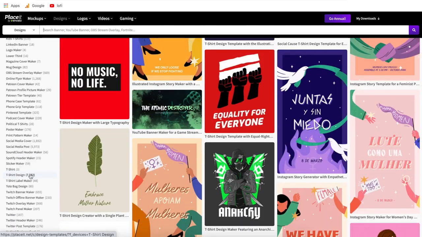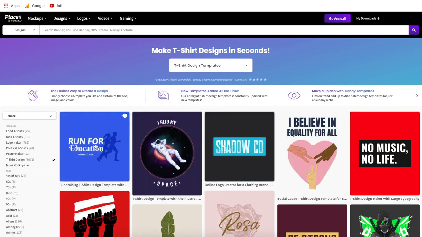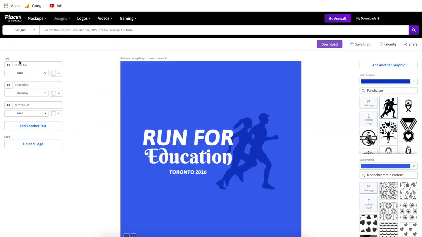As you can see, they have over 7,000 different t-shirt designs to choose from. They always have a ton of templates no matter what you're looking for. So I'm just going to choose this first one up top here, and I'll show you how to customize it. So just like mockups, you have your text over here and you have your graphics and colors on this right